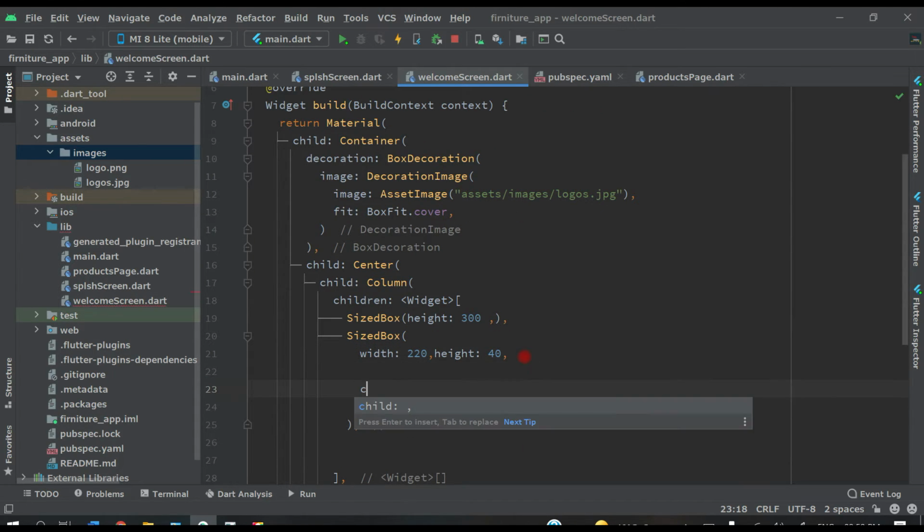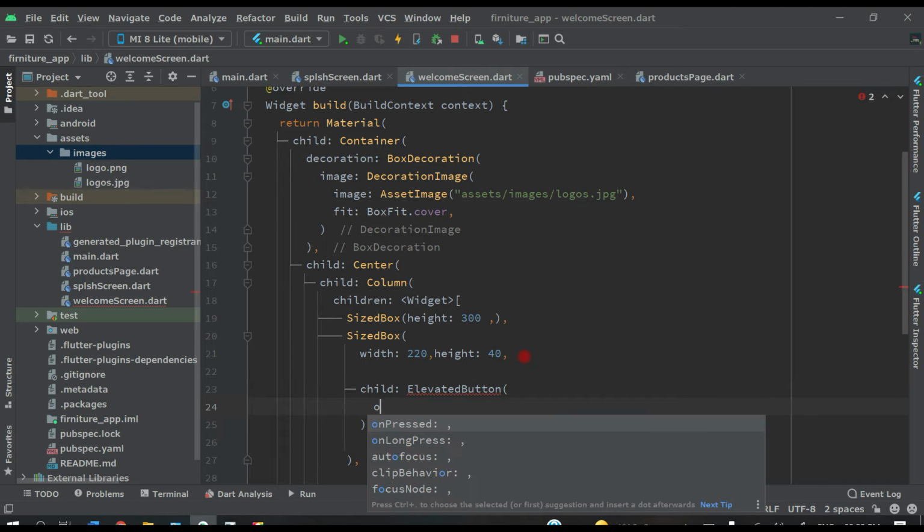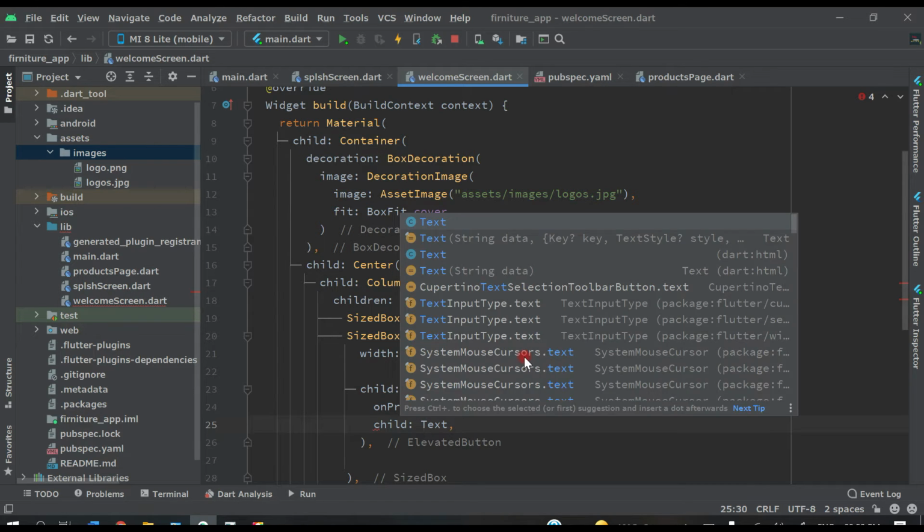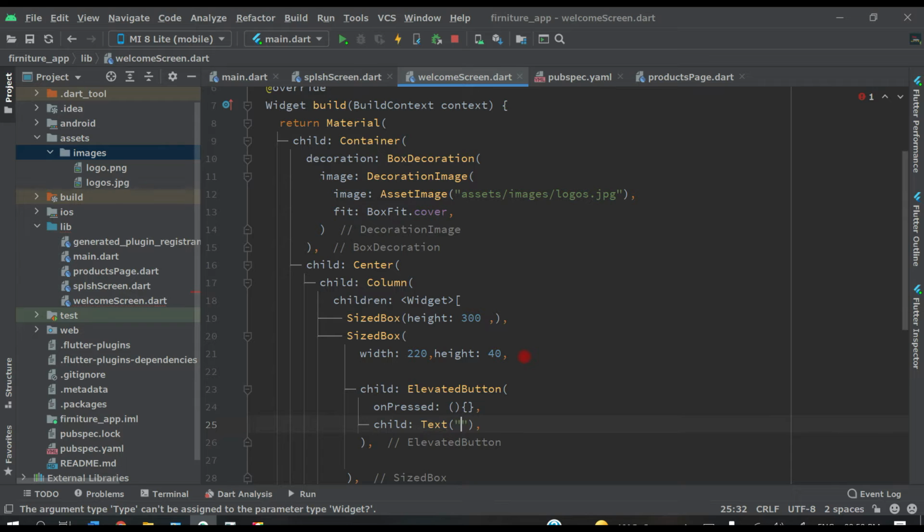And inside this we have child, an ElevatedButton. Open it and then onPressed, and leave this empty. We will add another function inside here later on. And here child Text, and write here Login.